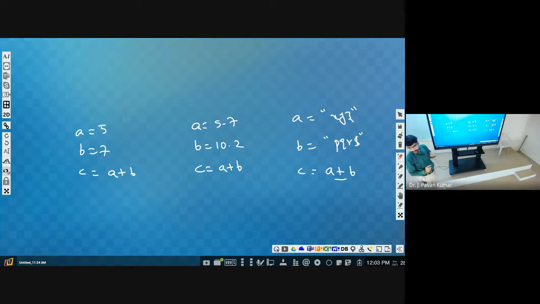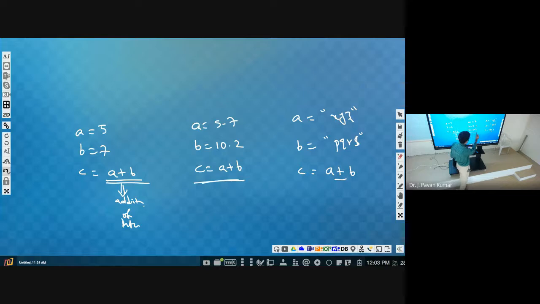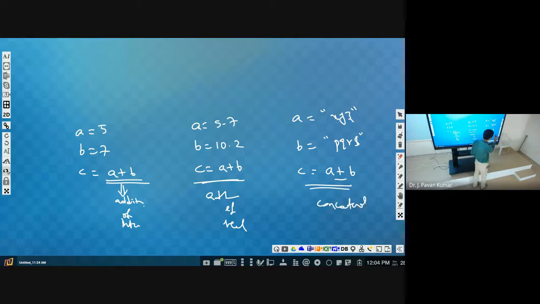So these are allowed and you already know these operations. Now whenever we use A is equal to 5, B is equal to 7, then C is equal to A plus B, it is performing addition. Addition of what? Two integers. Addition of integers. Next here addition of floats. Next here concatenation, isn't it?